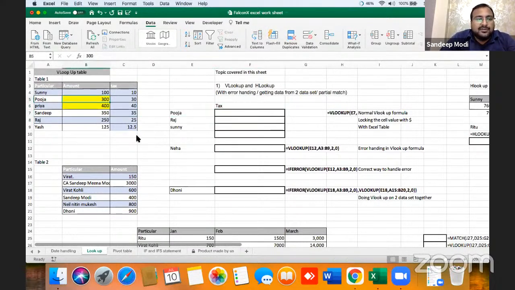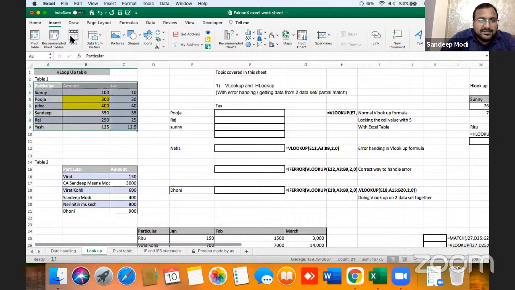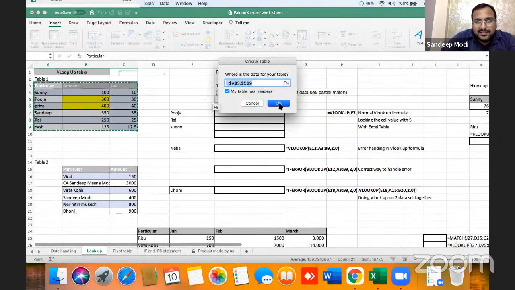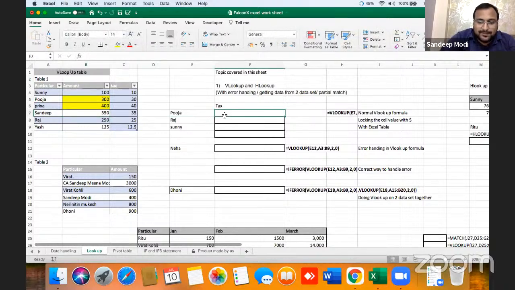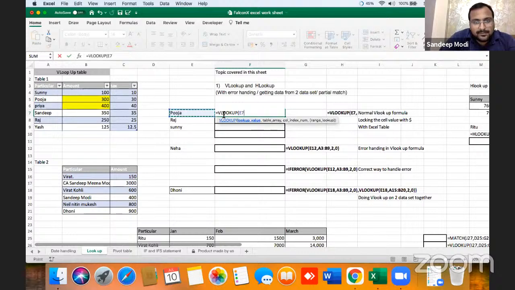Simple solution: this is my data, put this data into a table, fix the data. Now my data is in a table, as you can see, it's in Table1. Now let's find the value of Pooja. We look up Pooja, table array. Here all the values are coming, Table1 all, second column, 0, enter, done.